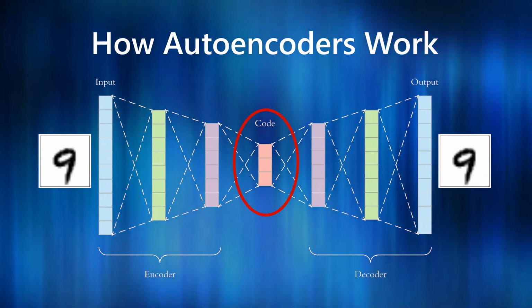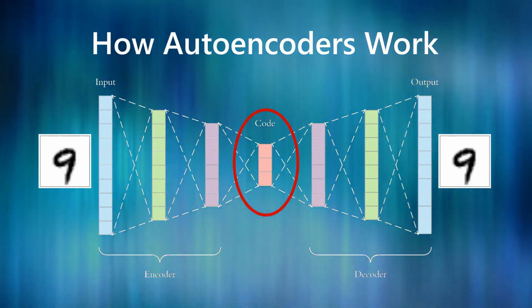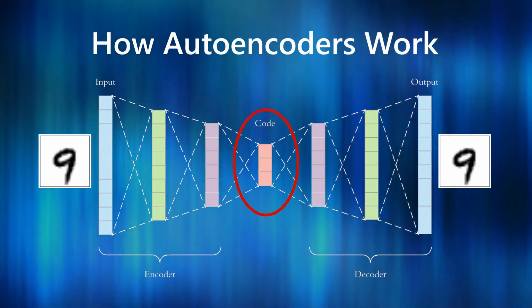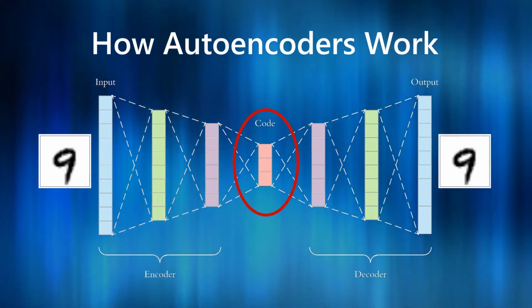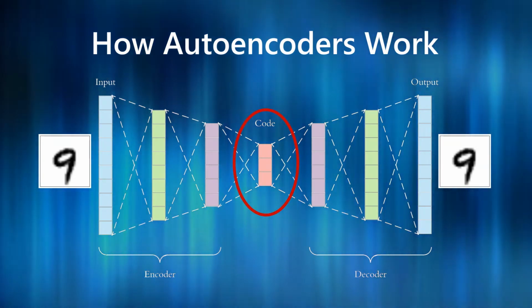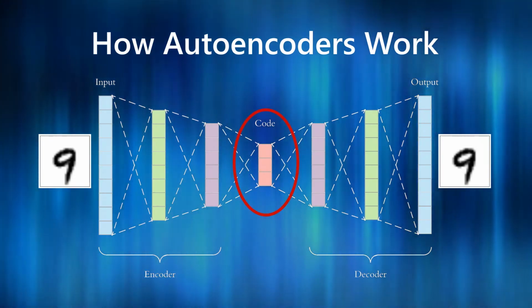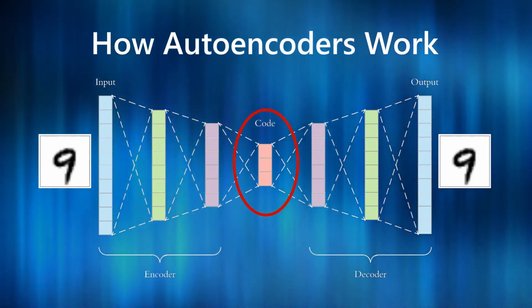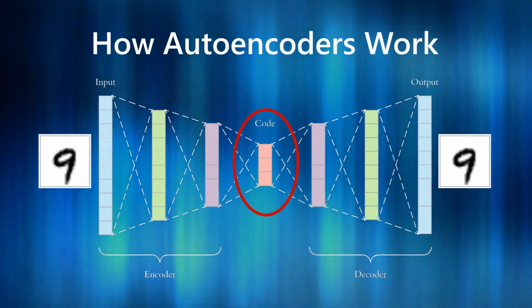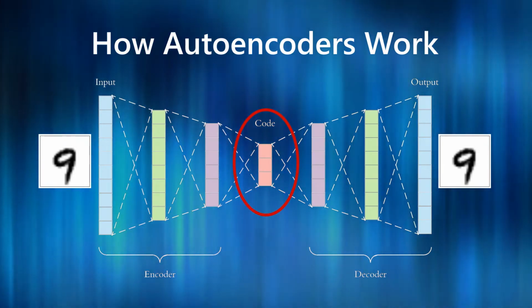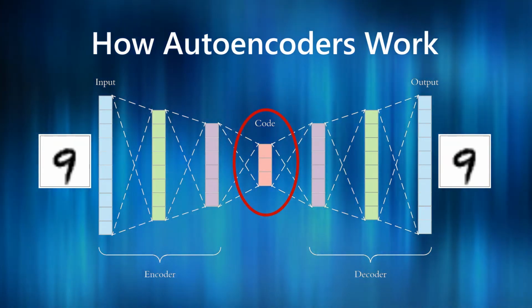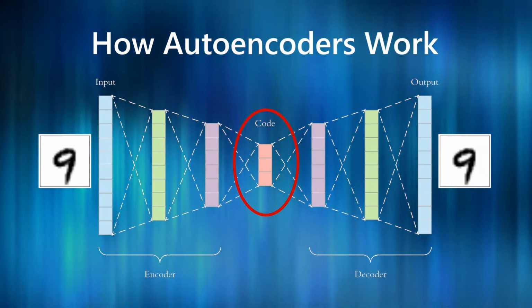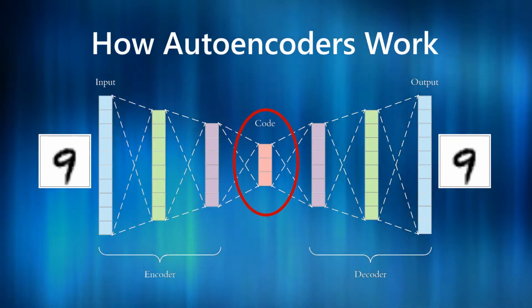See, we're not just passing data straight through a network. We're choking it off in the middle, which forces the network to generalize a low-dimensional representation of the data through the encoder, then regenerate the original data through a decoder. So obviously using a deep neural network to merely copy the input is a tremendous waste of computing power. In most cases, we don't care about the output, we care about the dimensionality reduction and compression which happens in